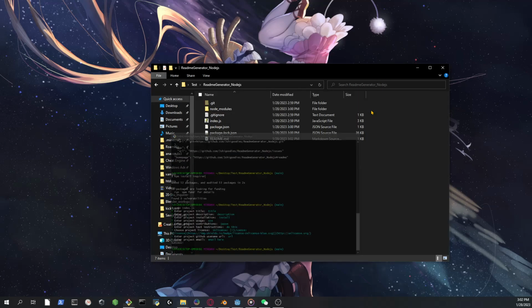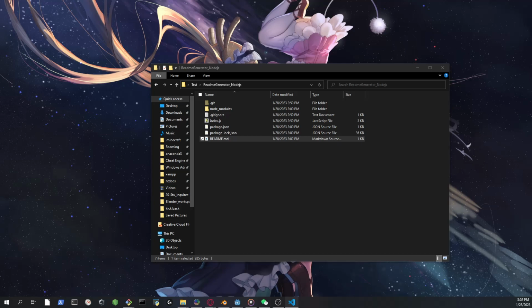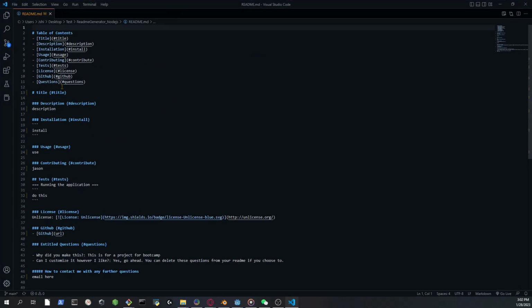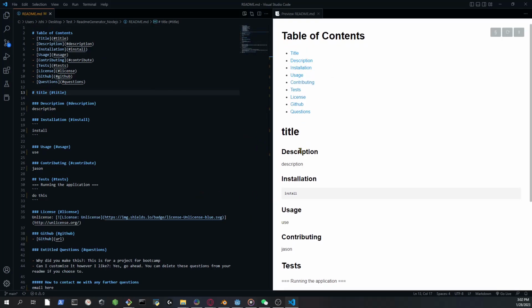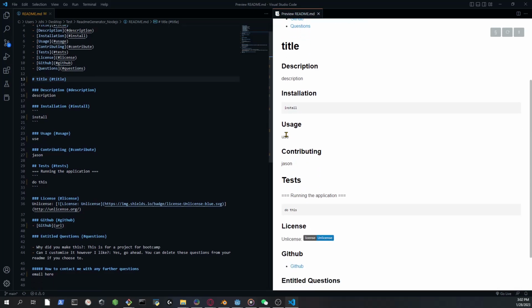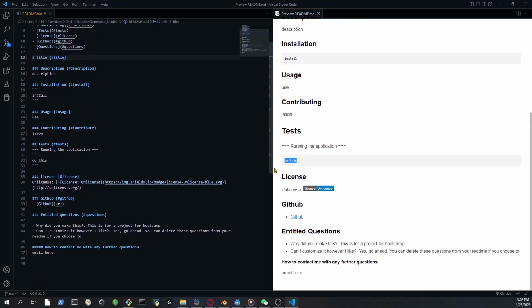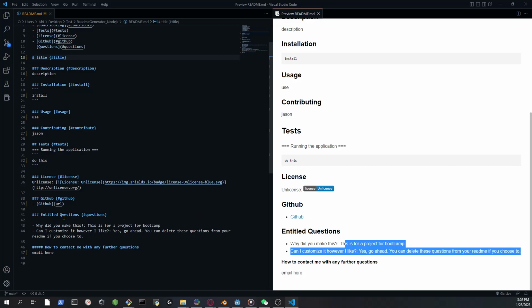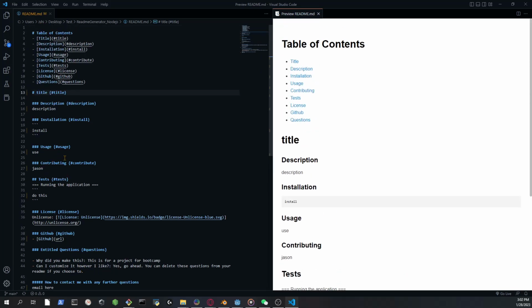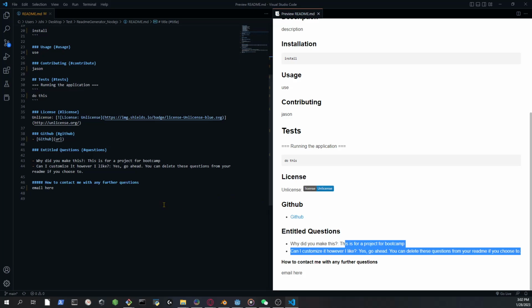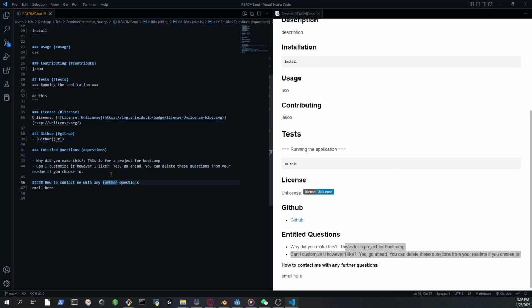Alright, now I created a readme, so if I go check this now, I open Visual Studio, then Markdown Preview. There you go: table of contents, description, install, usage, running application, do this, unlicensed, and it has the badge right here. And then the questions, you can probably delete this if you want to customize it. It does most of the work for you already, but if you want to add more to it without the hassle of making the outline in the first place, you can just delete this